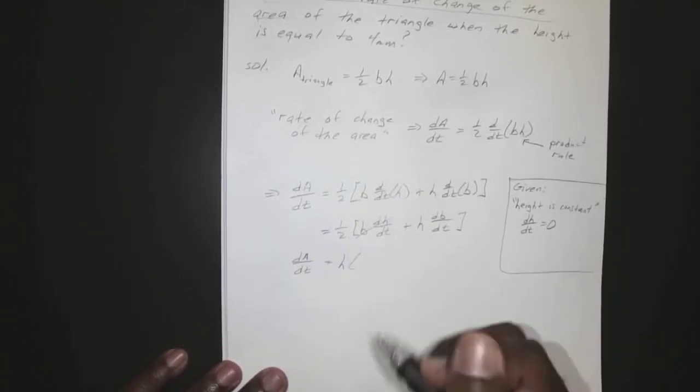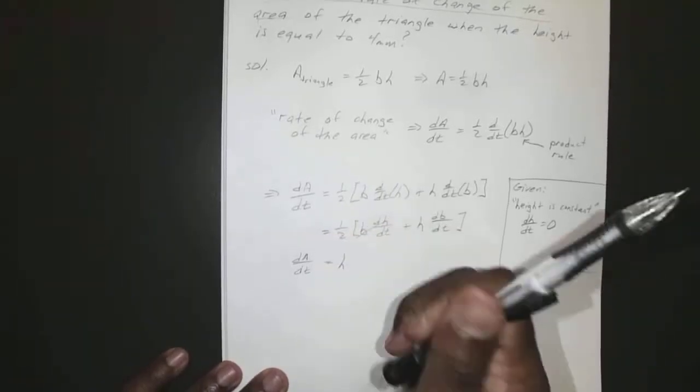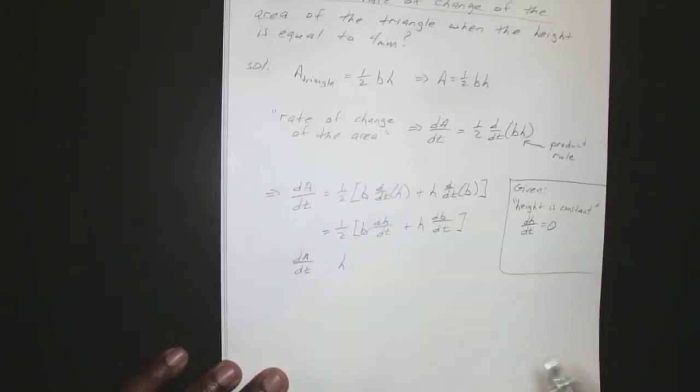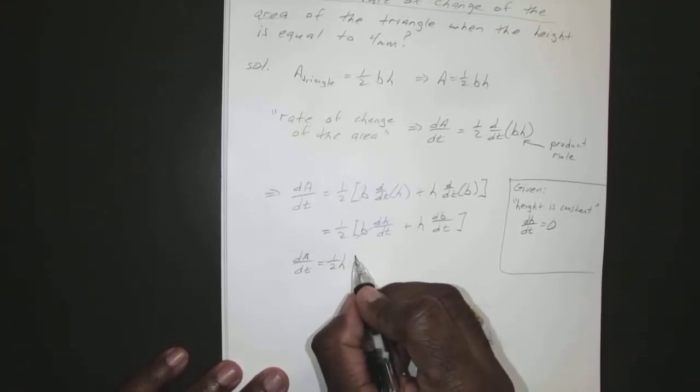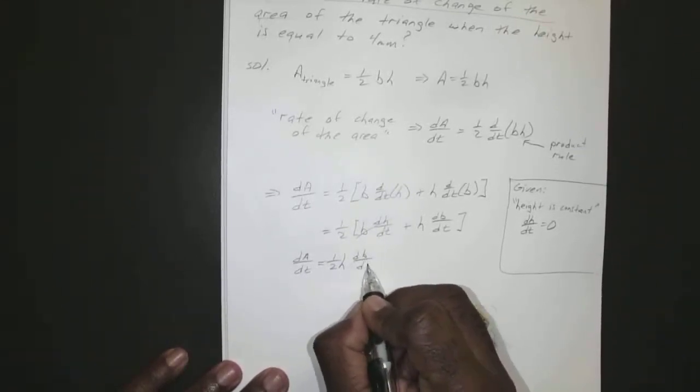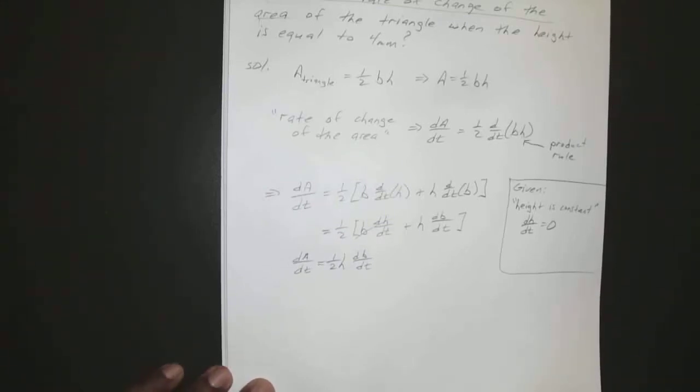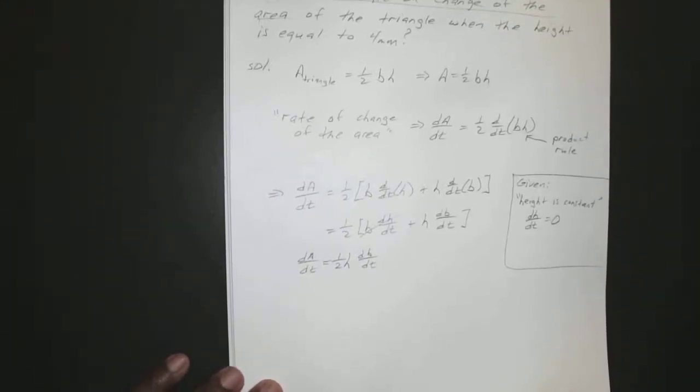Equals your height. I don't really need that parentheses there. Well, 1/2, that would help. Times the height times rate of change of the base with respect to t. Okay. So now, since we know we're looking for our dA dt, we have our 1/2, we have our height